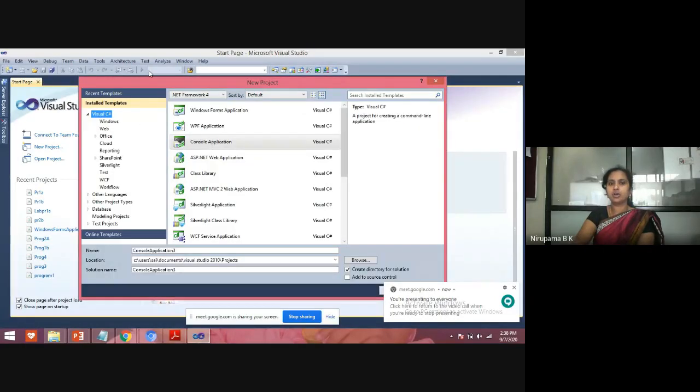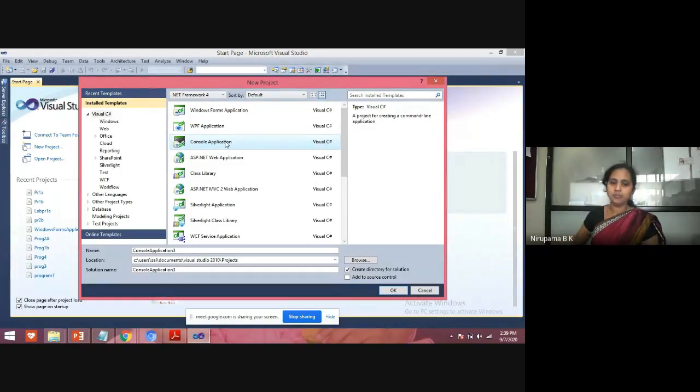If you have installed this software in your laptop or desktop for the first time, it will be selected here as Windows Form Application. You change that to Console Application. And coming to the name, here you change the file name. PR1, I think I have already given this PR1. Sample 1 I'll give. Sample 1, click on OK.